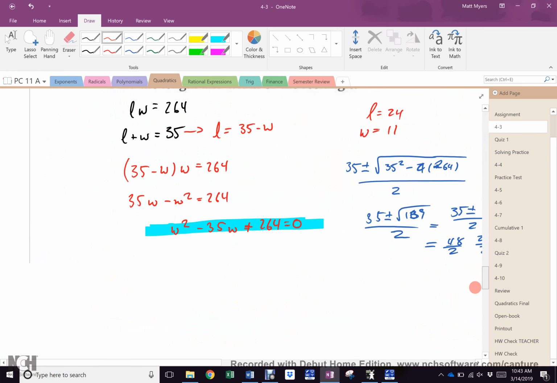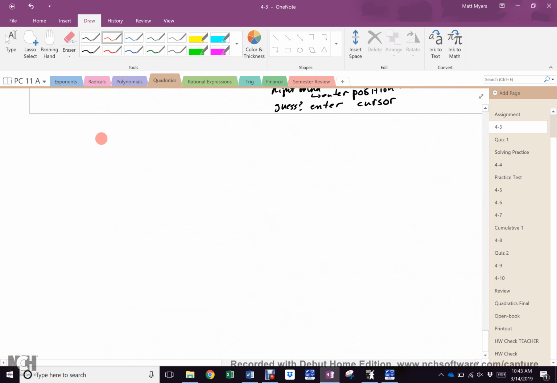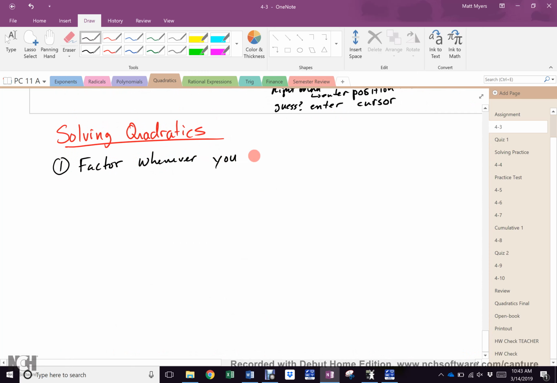And the last thing I want to remind you of is this. You don't need to write this down if you don't want to. Solving quadratics. 1. Factor whenever you can. That might be enough. For example,